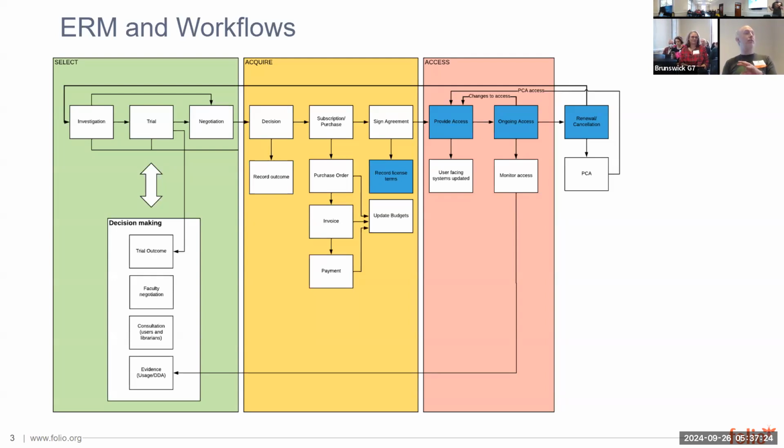But what we need to balance is the flexibility of a tool. If you ask, can the workflow tool do this? Jeremy will say, well, assuming this and that and the other, then yes, because ultimately,